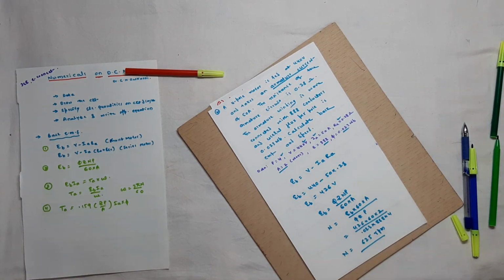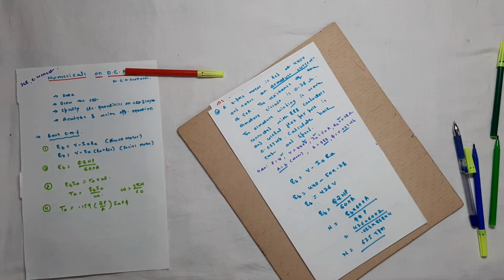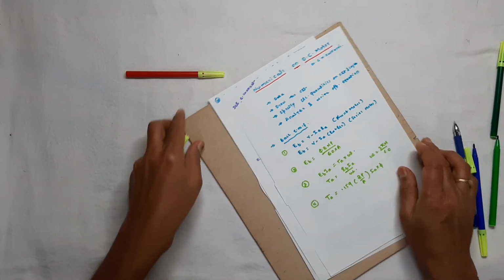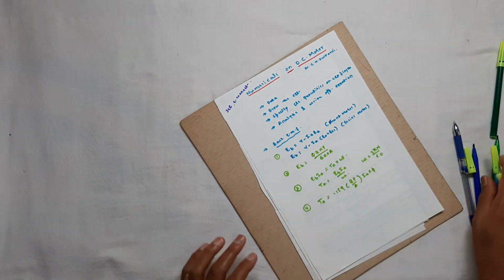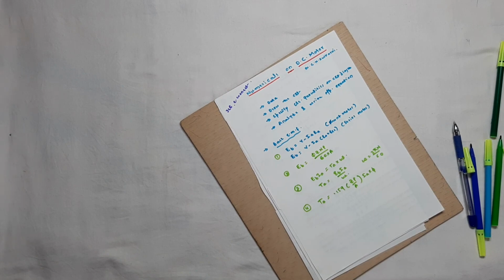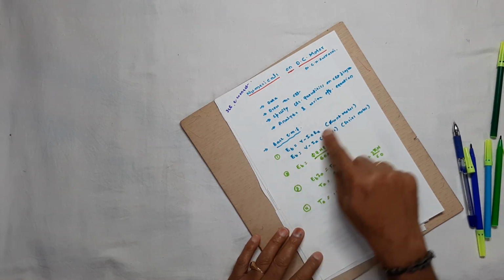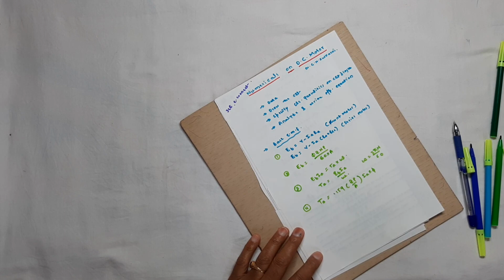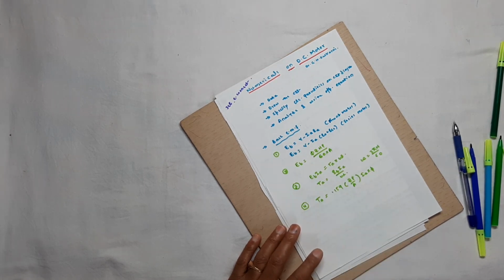They are very simple numericals. You have to make use of these formulas, and the procedure you have to follow is: take the data, draw the circuit, specify the electrical quantities, analyze the problem, and write the appropriate equation for that. The equations we are using are very simple formulas. You have solved some numericals on the shunt motor. One numerical on the series motor I will give as an assignment for you. Once again, you have to calculate the speed and the torque. These are the formulas you have to make use of for the calculation in the case of DC motor numericals.